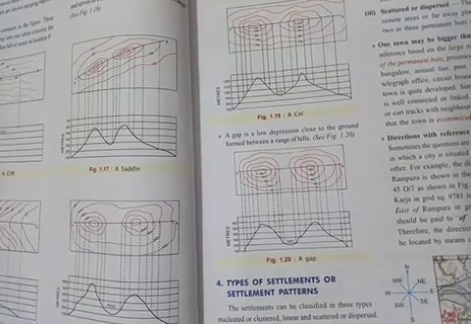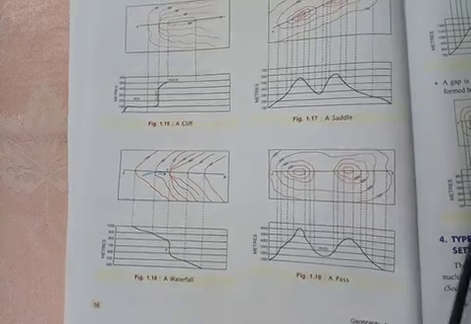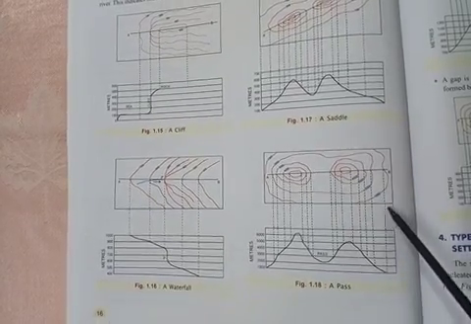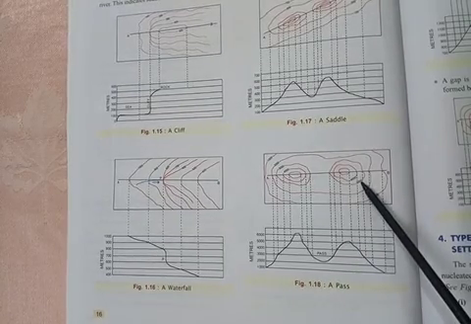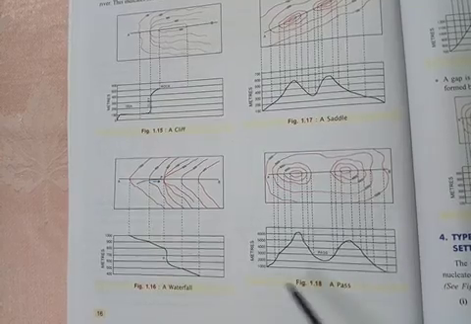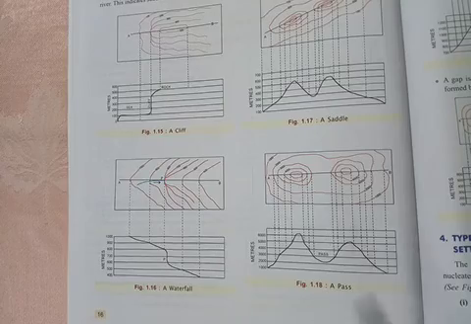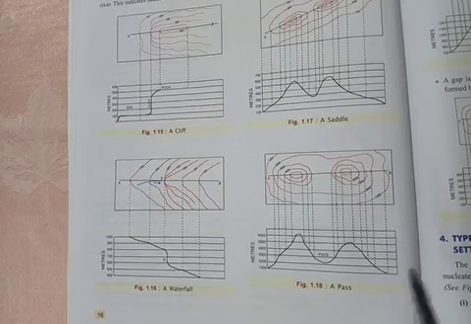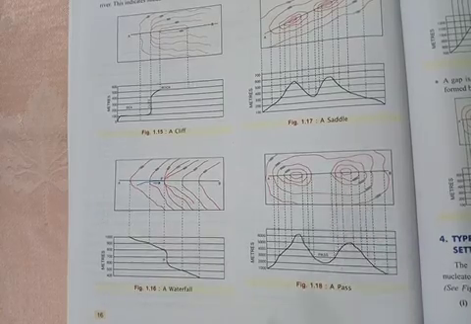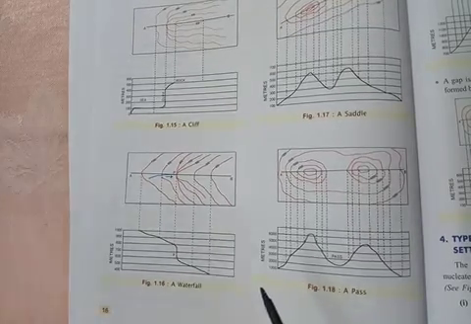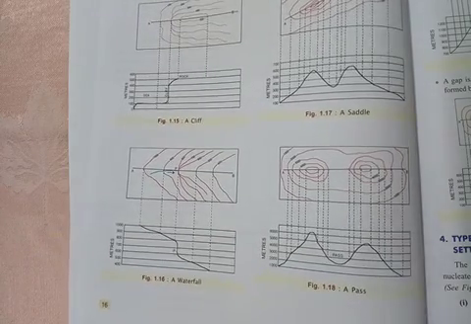Next we are going to see about the pass. In the pass, the contours are shown in thousands. The first contour is 1000, the second is 2000, then the third is 3000 and 4000. So where are such high contours found? They are found in very high mountainous regions like the Himalayas. So these features found in very high mountains are called a pass. What do you call it? We call it a pass.